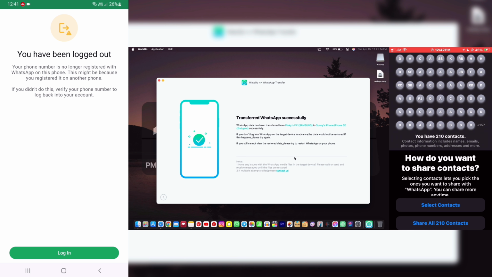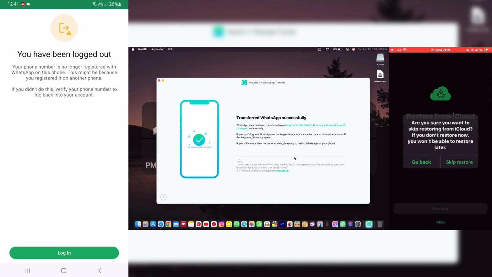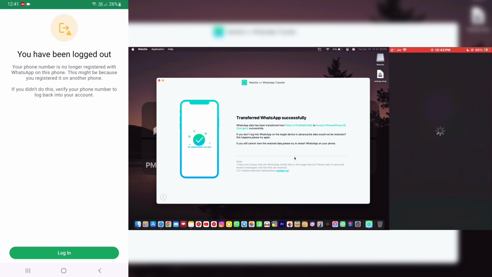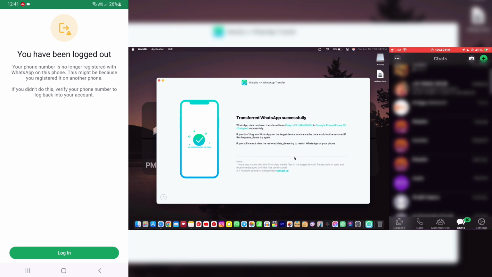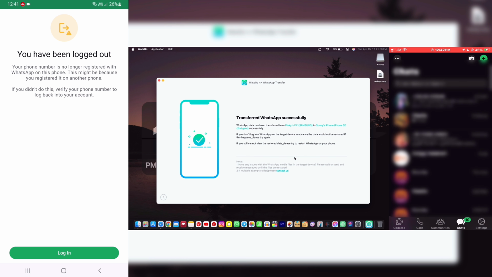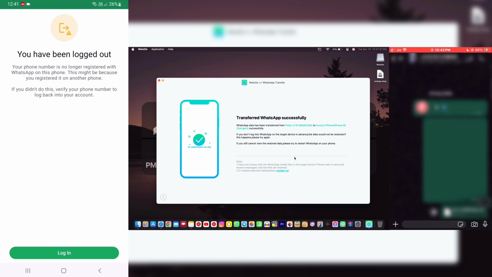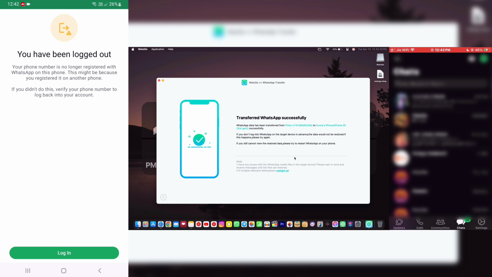Once your iOS device has restarted, open WhatsApp again, then it will ask you to restore the iCloud backup. You can skip that, and then you will see all your chats restored successfully from Android to iOS without any issues. You can use the same process to transfer data from iOS to Android as well, and between the same OS as well. As you can see here, the chats are restored from last year as well, and the chats which were deleted from the source device are also restored here. And just like that, we have transferred everything from the WhatsApp backup from Android to iOS.